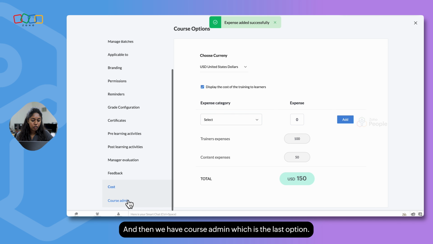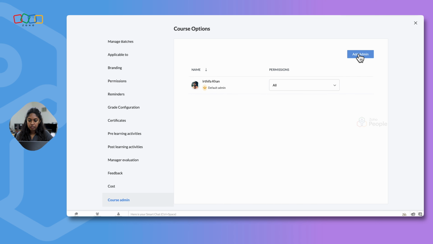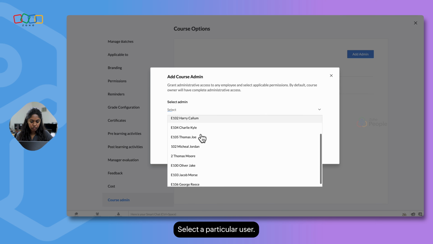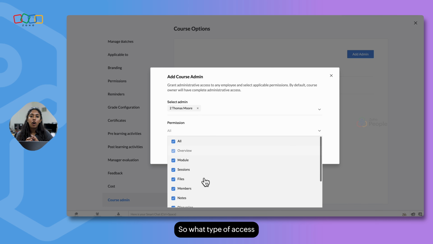And then we have course admin, which is the last option. You can add a particular user to be a course admin. For example, let's try to add one. Select a particular user and you can give permission. What type of access should this course admin have for this particular course?